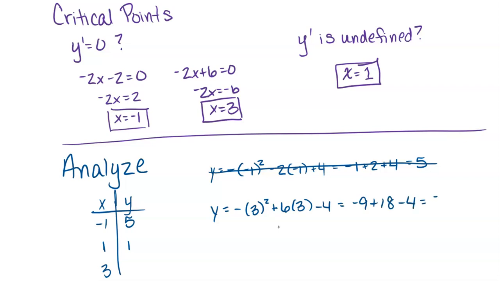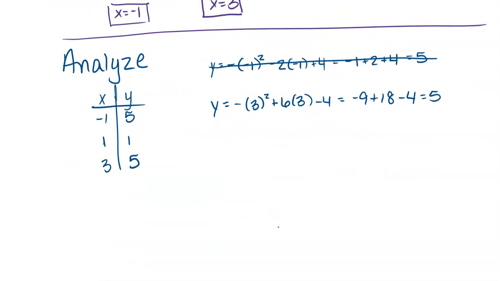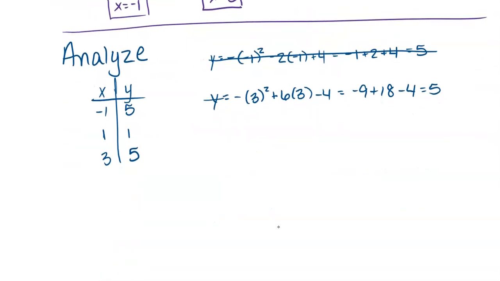So that's 9 minus 4, that's also 5. So I have my y values. You have some that are higher and some that are lower, but it's important to know we're not really guaranteed anything about this. There might be no absolute extreme values. So we can kind of think about what it will look like